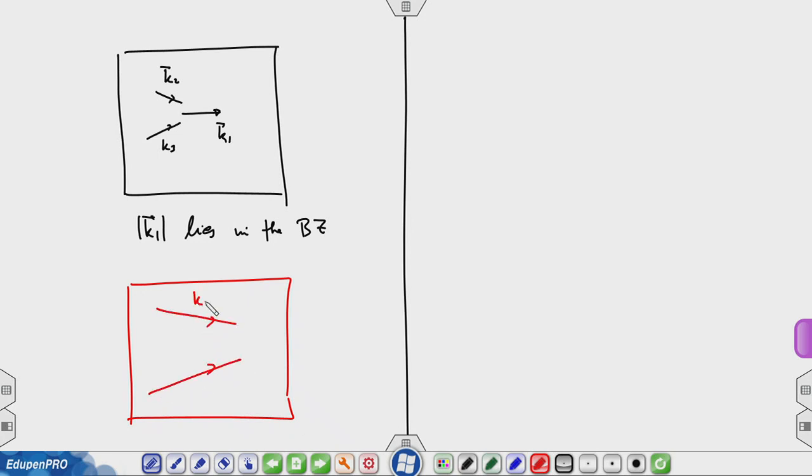Then, and I will start making it from the center, the k 1 may go outside the Brillouin zone. So, in the upper case k 1 remains in the Brillouin zone. In the second case, k 1 goes out of the